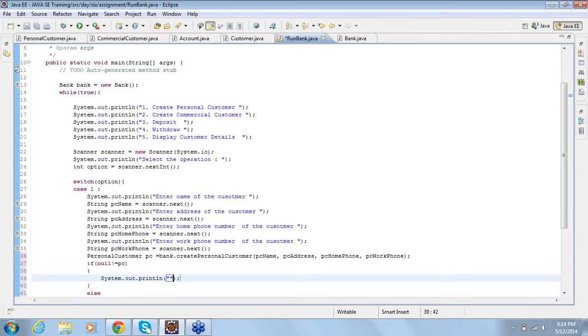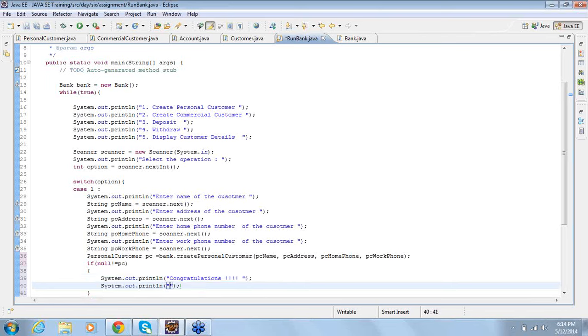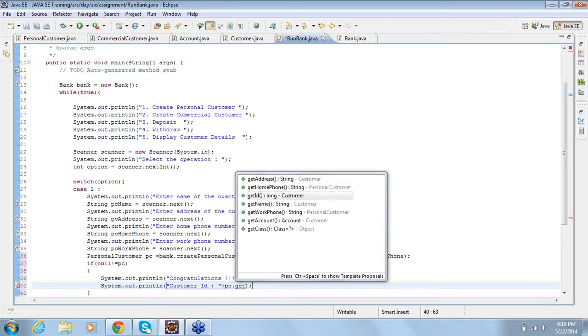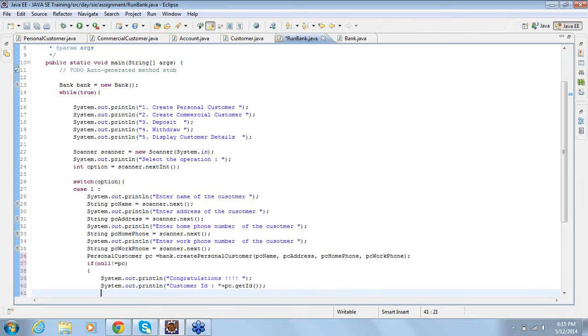Since the object is created, I congratulate him. Then I'll give him the customer ID, which he can use for further communication, or I'll help him with his account number.